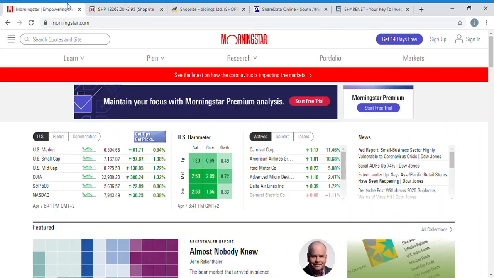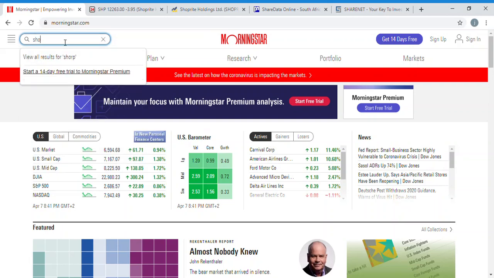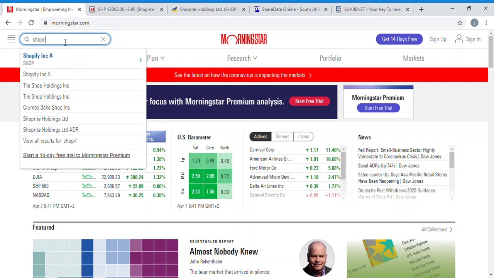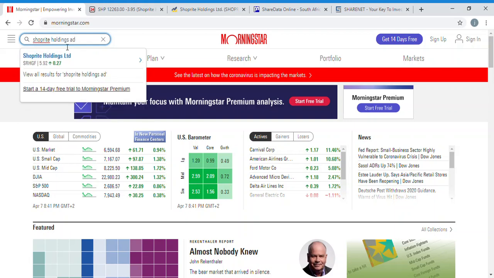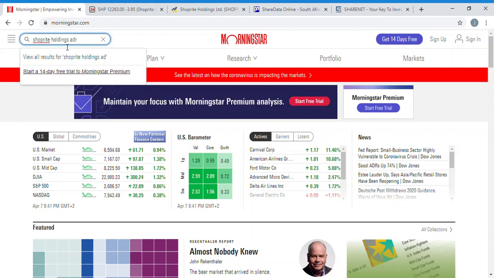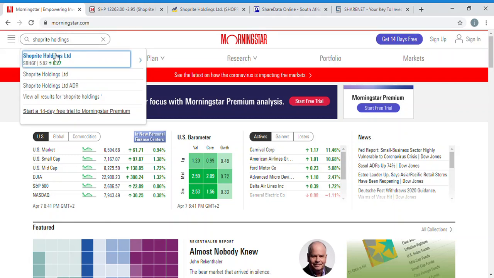Finance 24, which is almost the same as how you use Morningstar. So let's try to find out ShopRite, whether we can find it here. So you've got ShopRite Holdings ADR. So let's check. Okay, for now let's just work with the ShopRite Holdings, which is the same company, but the share price is